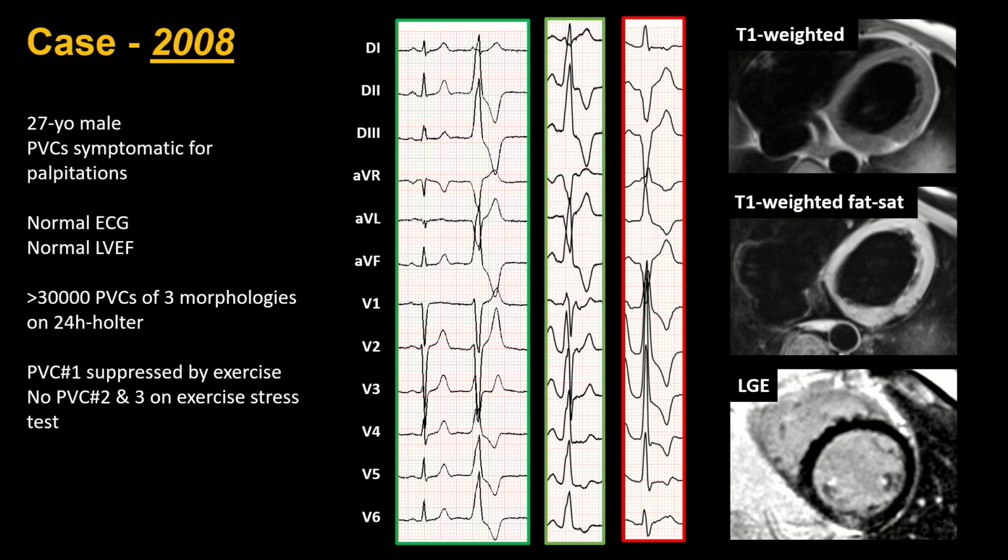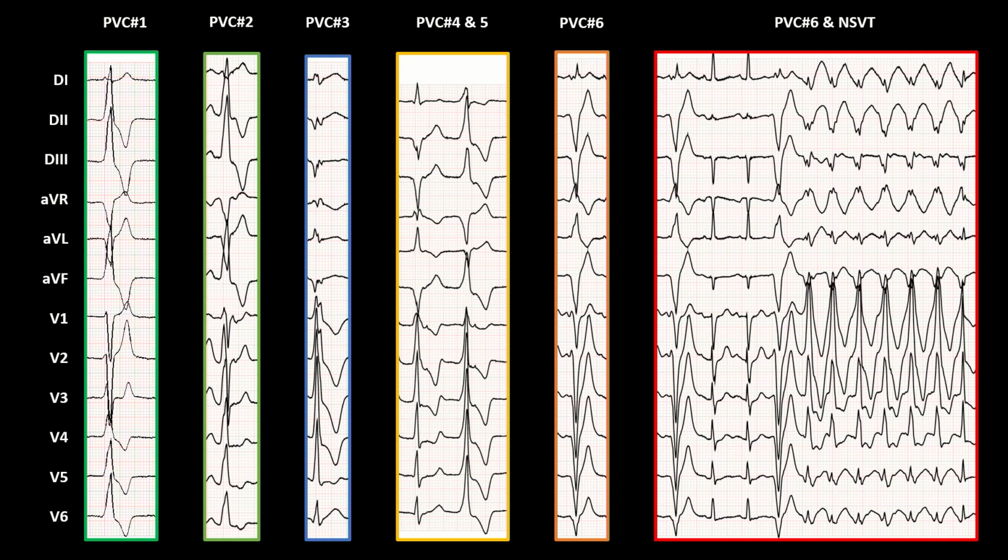What we saw was just a small patchy area of fibrous fatty infiltration that we didn't know how to interpret. So at that time, with the knowledge that we had, we thought this was maybe a previous myocarditis with fatty metaplasia. The patient underwent a successful PVC ablation from the outflow tract, and then we followed him over the years. But what happened during the next 10 years was that he started to develop,